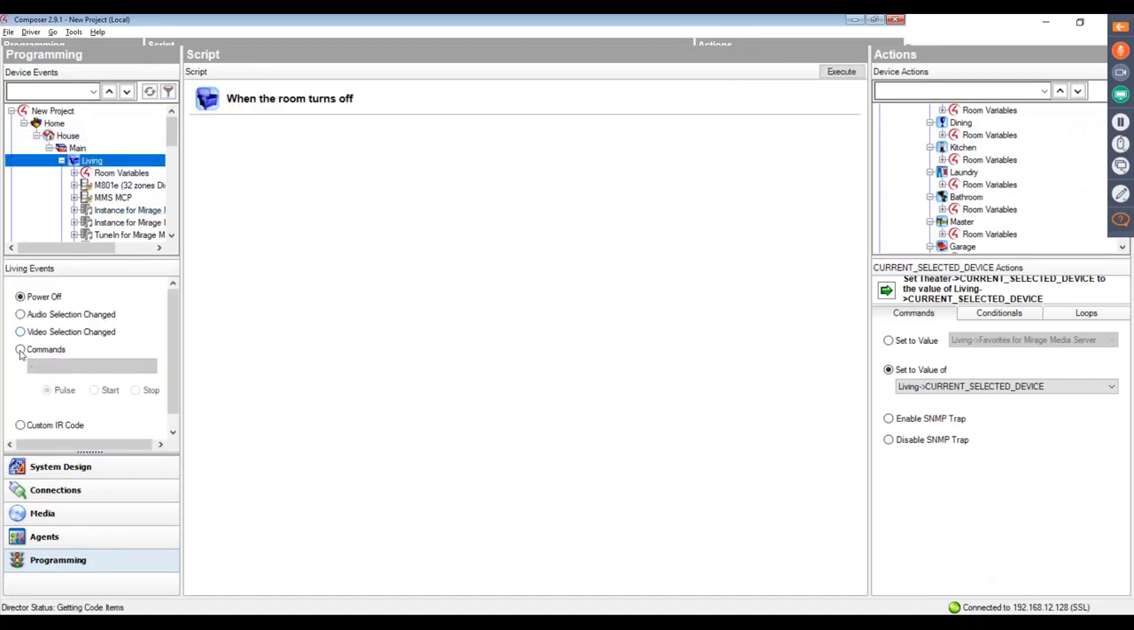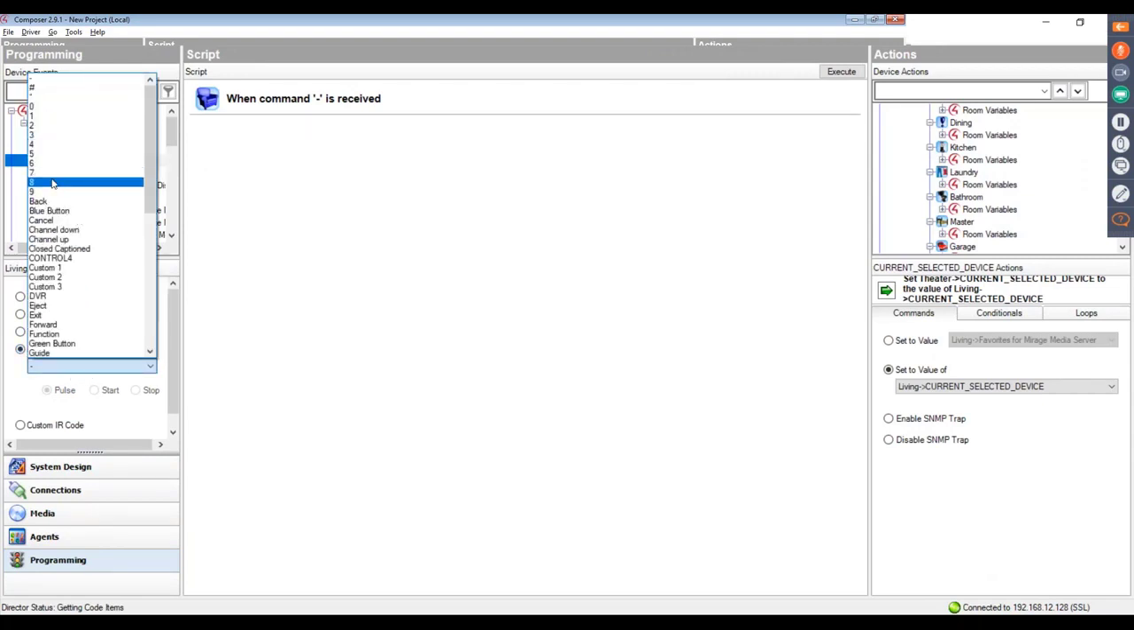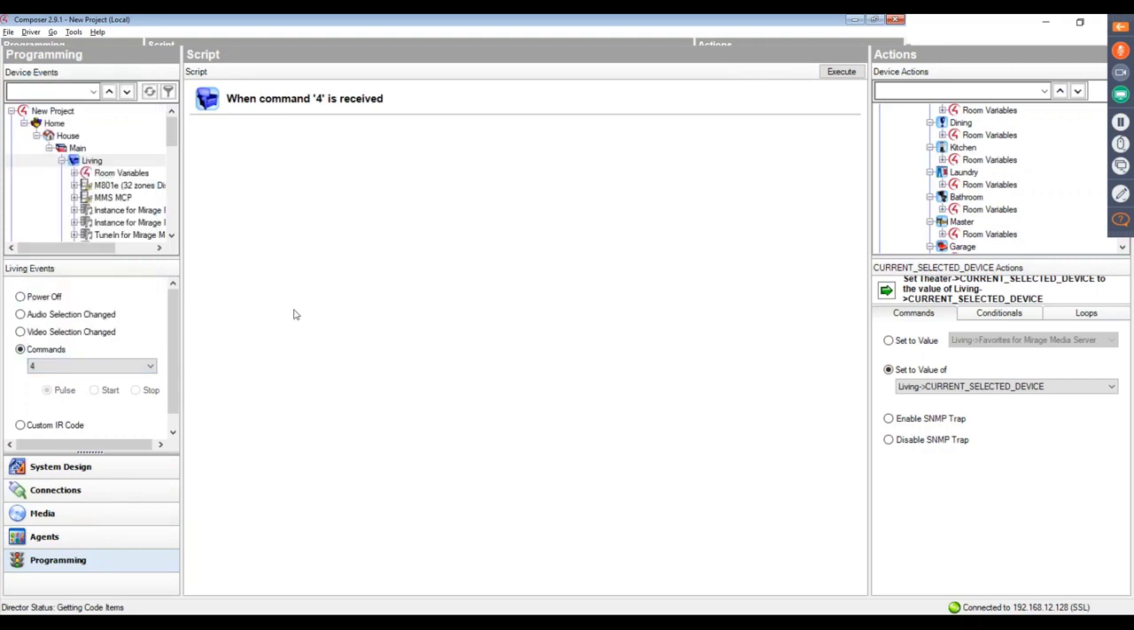From here, I'll select commands. So I'm choosing a command off my C4 remote. And from there, I choose whatever button I want. Let's say button 4. So now, whenever I press button 4, here will be the rest of the command. Right now it's a blank command. So go back to the top right